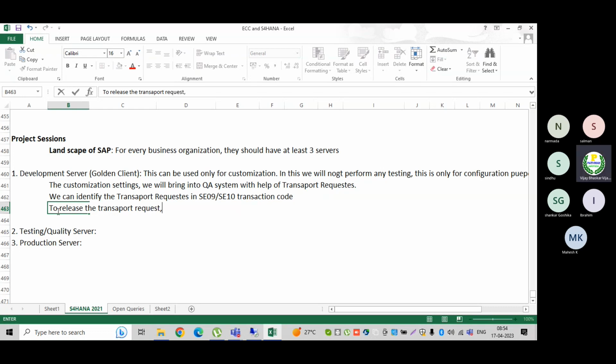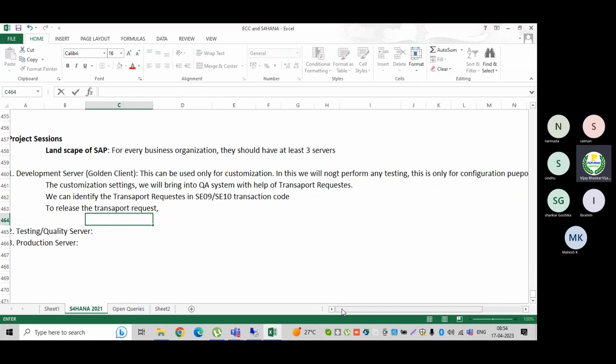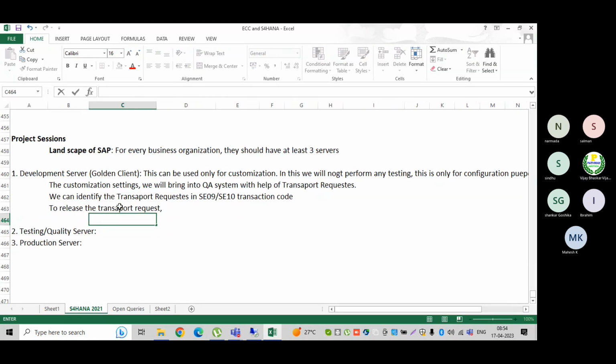To release the transport request, see, step one: first release the child request.